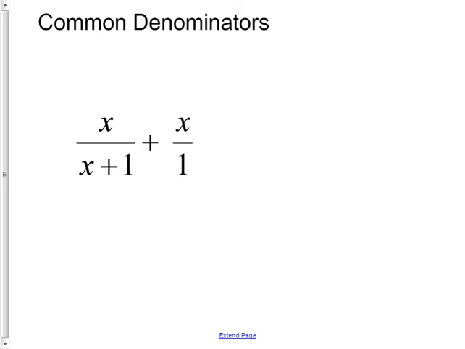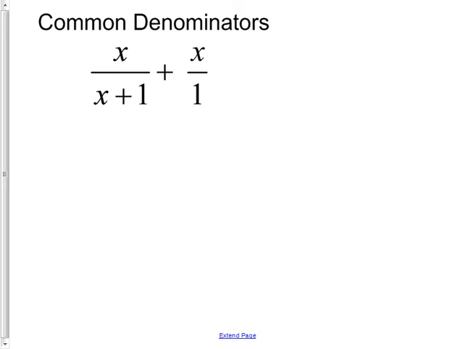Common denominators. Can you add those two? Because I can, and you might need to. Try it. Remember how to get a common denominator so you can add them? If you know how to do it, do it. So here's how you make it have a common denominator. You multiply the top and the bottom by what? X plus 1. That way, see, now the denominators are the same, aren't they? And if I do it there, I got to do it there. So then, if you can just be careful,